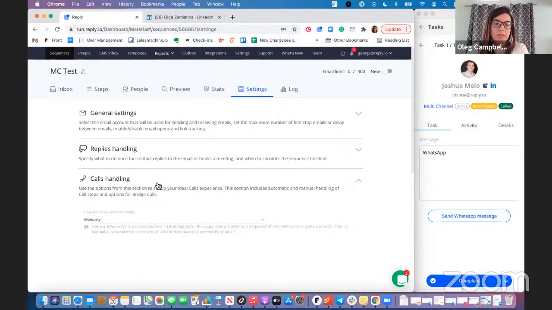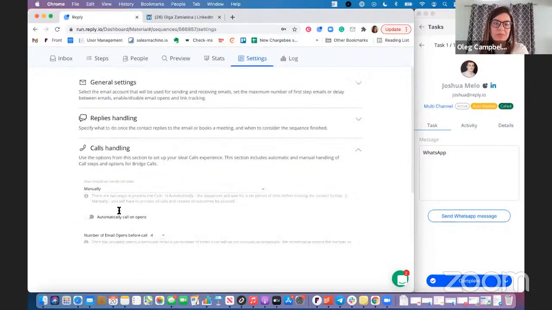If you open up calls handling right here, the default setting to handle call steps is set to manual. So that's what I was doing in the Chrome extension. I was manually marking the contact as complete so they would move on to the next step of the sequence. If you're in a situation where maybe you have 75 people in your Chrome extension that you're scheduled to call, they moved on to that call step, and maybe you don't have time to call all those 75 people, but you want to ensure that they receive the next step, which may be an email 3 days later, you can change this to automatic. If you change this setting to automatic, the platform will wait for the allocated delay and then automatically move those contacts on to the next step in your sequence.